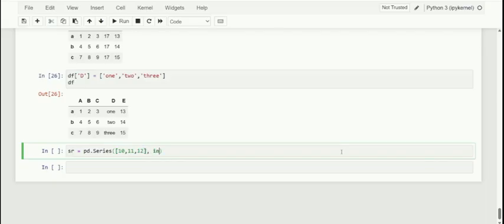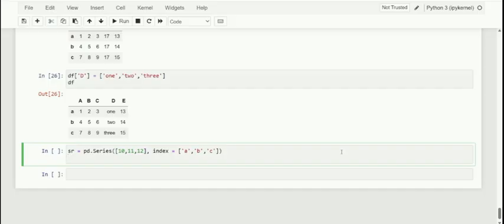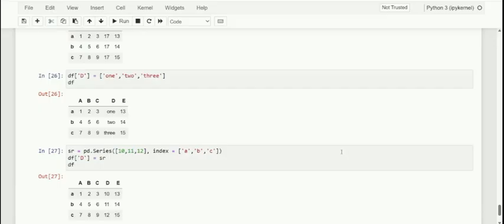Okay, and here I'm just going to give the index as, kindly just observe, the already existing index. And here df of D, I'm just going to give the SR. And now observe what the df is here. It is 10, 11, 12.